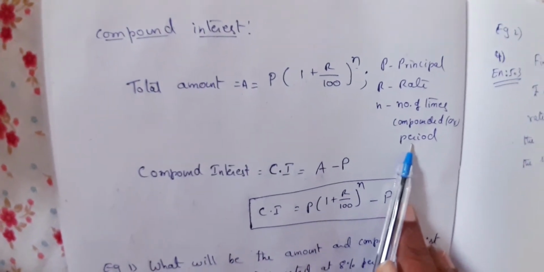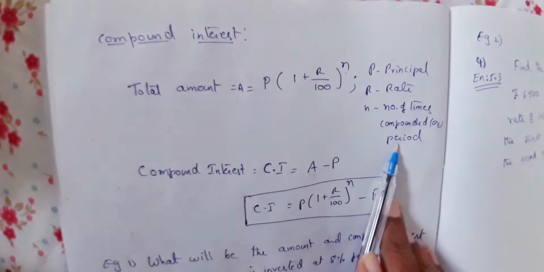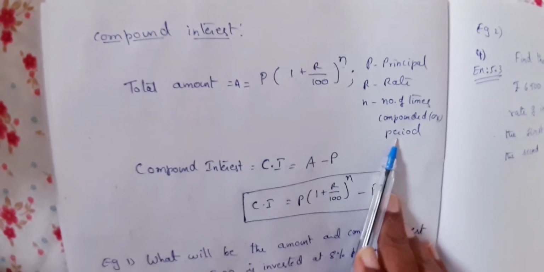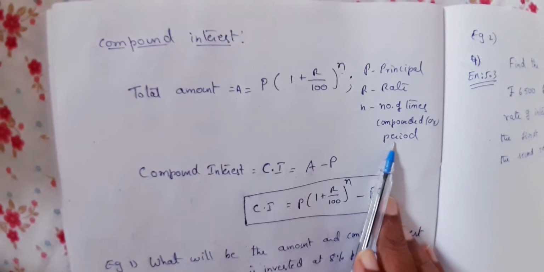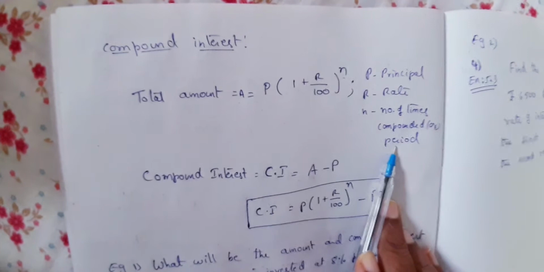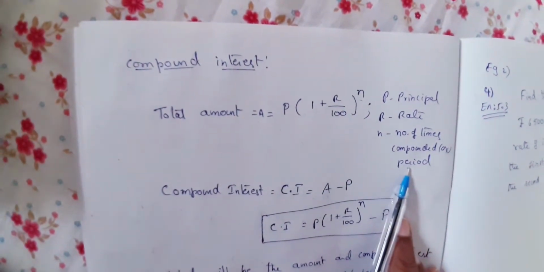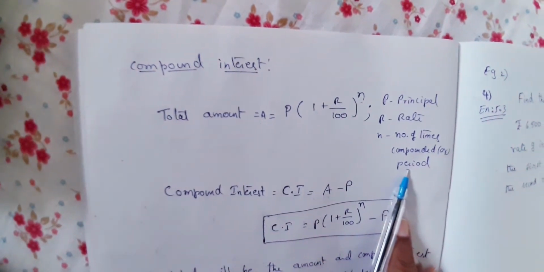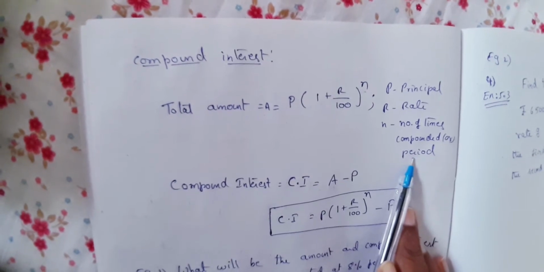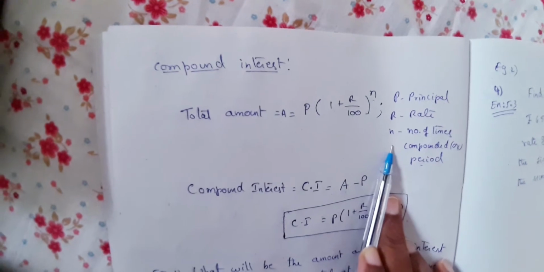So that means here see, suppose if they say that a person has taken the amount for 2 years, but it is compounded half yearly. It is compounded half yearly if they say. So how many half years are there in 2 years? 4, is it not? In first year there are 2 half years. In second year there are 2 half years. Totally how many half years are there? 4. So therefore your n will change as 4.